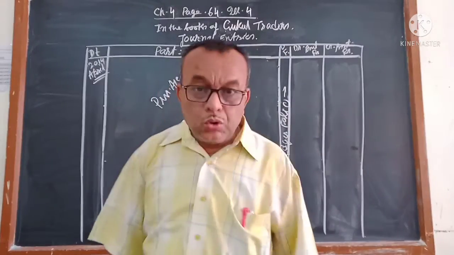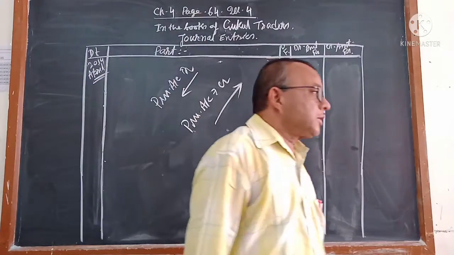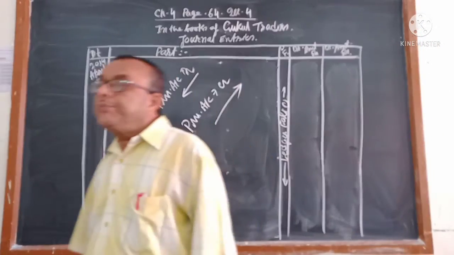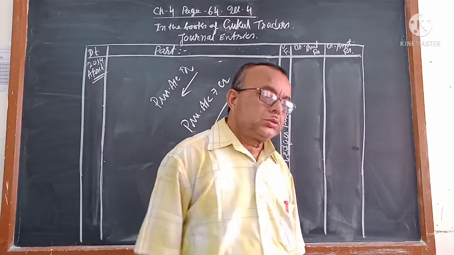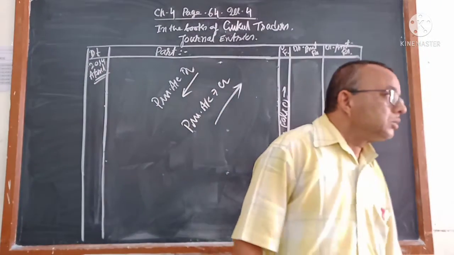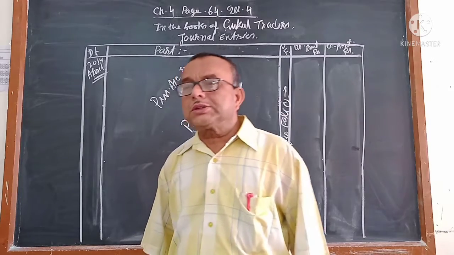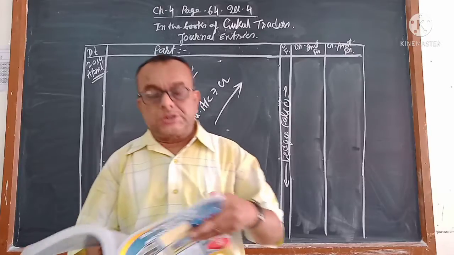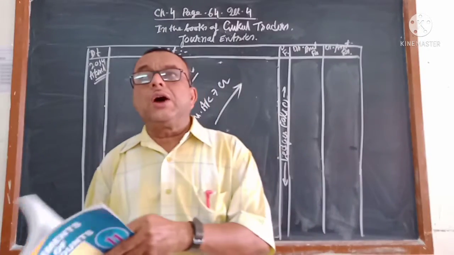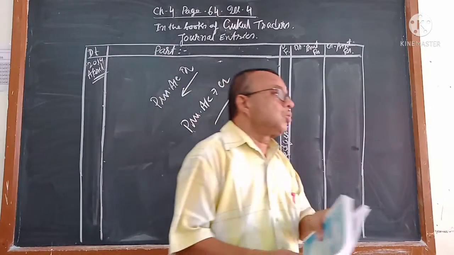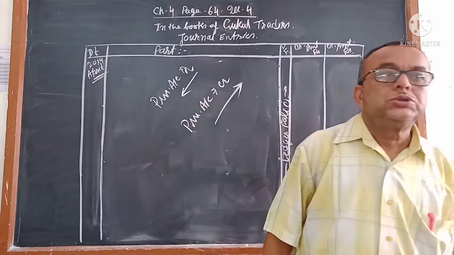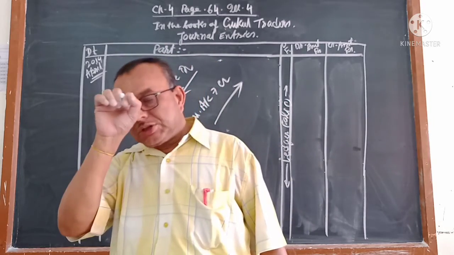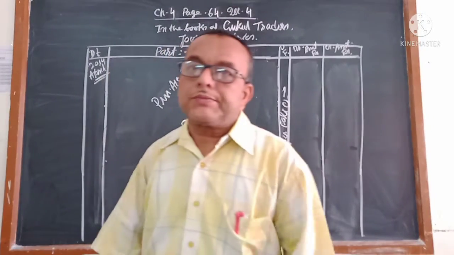If goods is coming into the business due to any transaction, how will goods come? If you buy the goods, then goods will come. Is it not? और एक बार कहाँ आ सकता है? सोल्ड किया बाद में गुड्स आ सकता है. That is called sales return. और if goods is going out for any purpose, how will goods go out? Either if you sell or if you give the goods to somebody else. Somebody is taking the goods from business for any purpose.